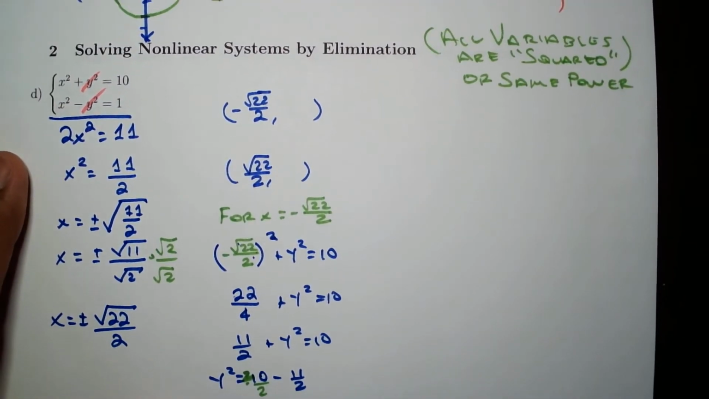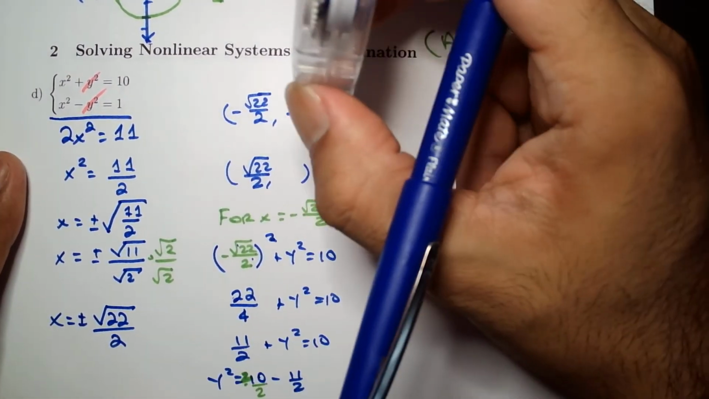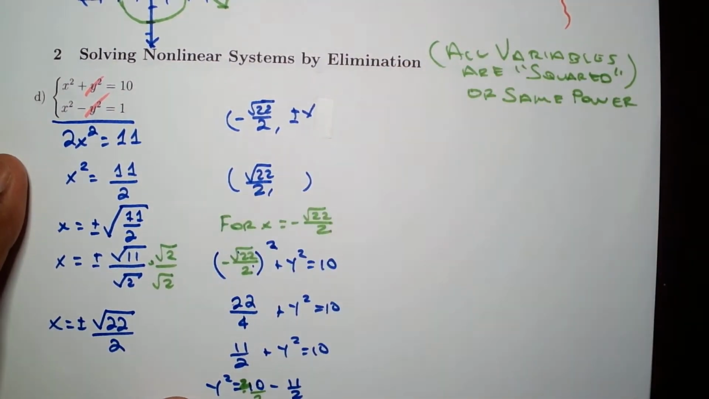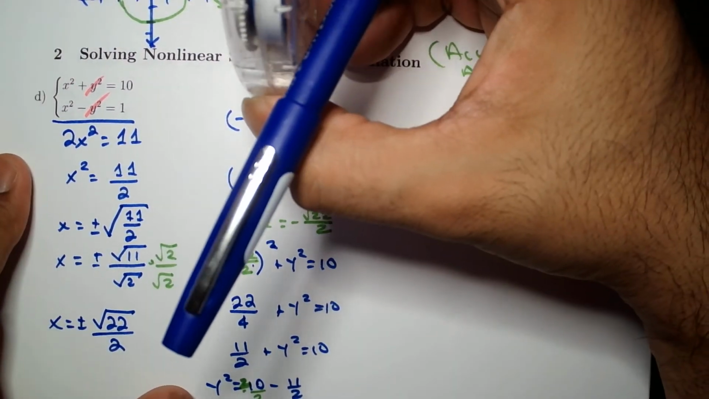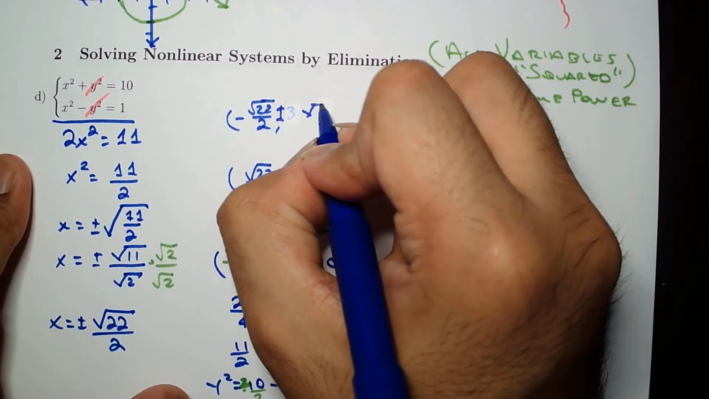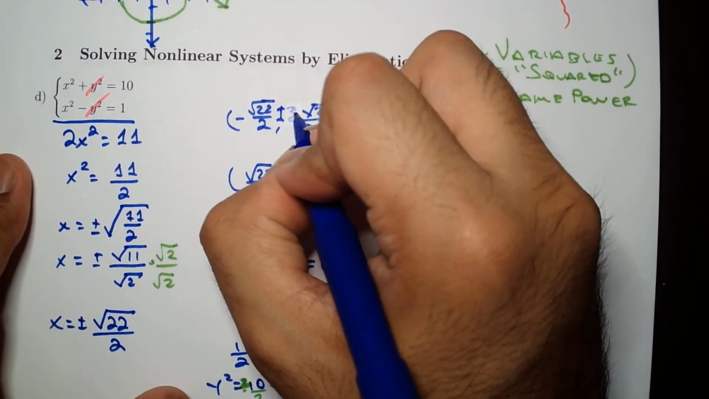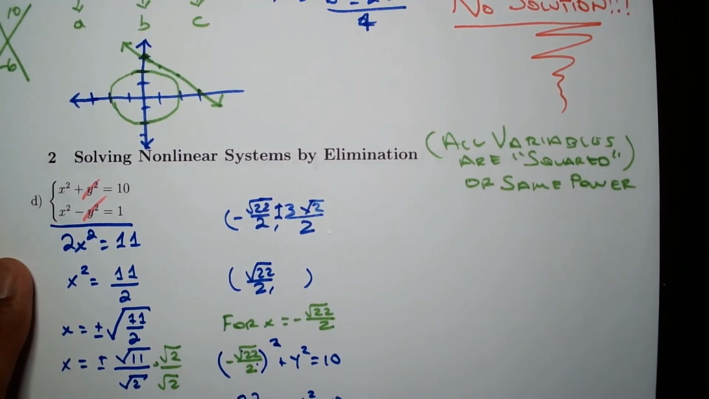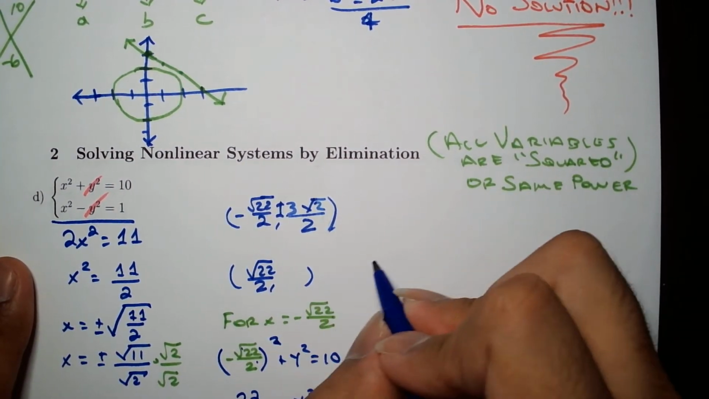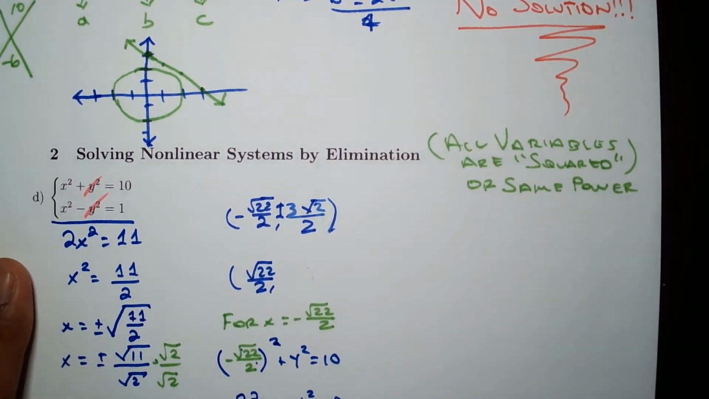So we're going to have over here a plus or minus the square root of 2. Plus or minus 3 root of 2 over 2. Okay, that's a 3. Okay, and then let's do the other pair. So for